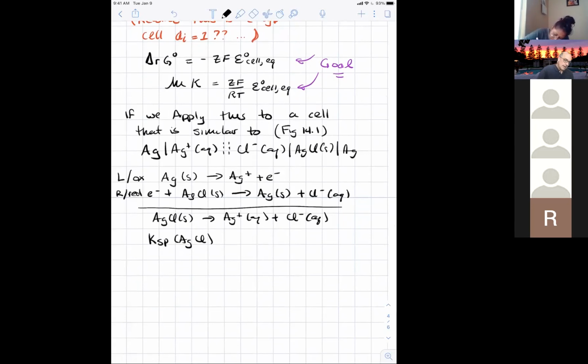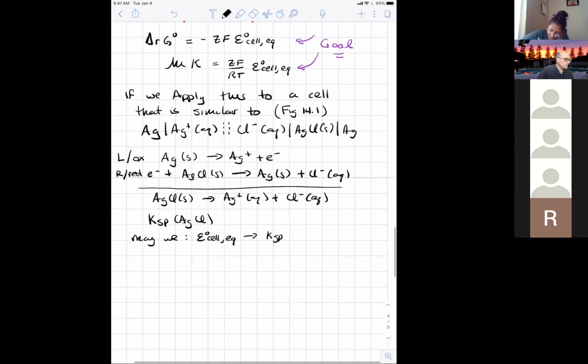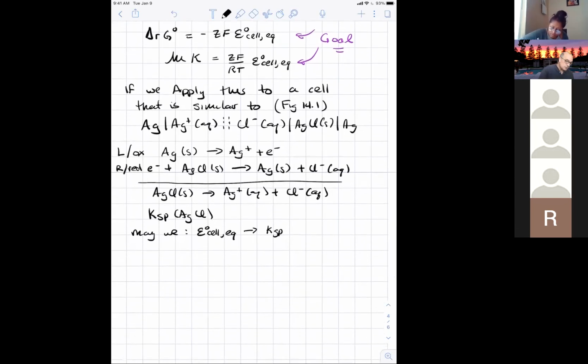So the idea here is, could we get the cell potential and turn this into KSP? Well, let's assume